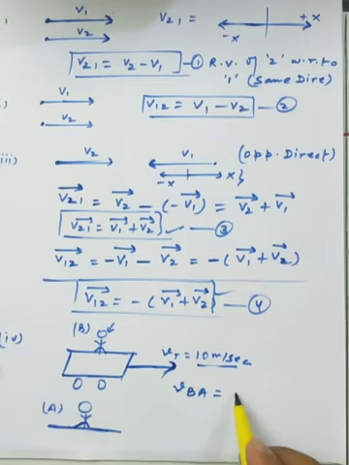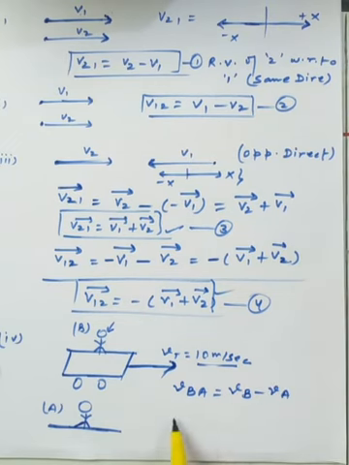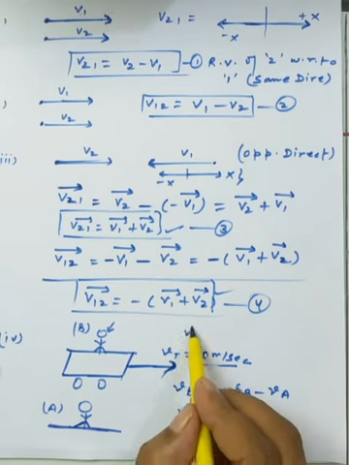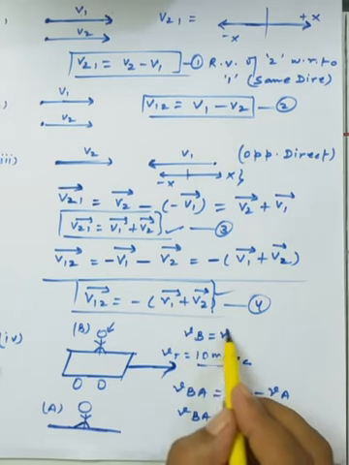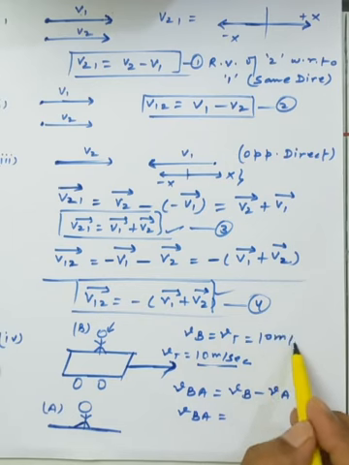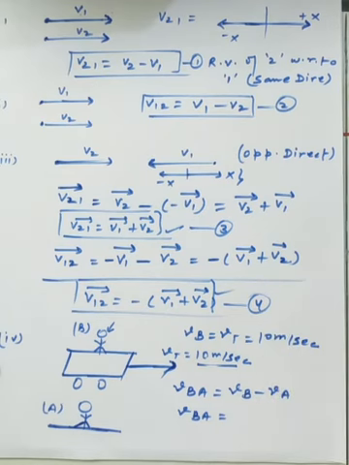Okay, so we have to discuss the basic formula. VB minus VA is the general representation of the problem, and somehow we are just assuming that whatever the velocity of the trolley is, the same velocity of the object B is also there. So the velocity of B is equal to the velocity of the trolley, because it is in the rest situation. Okay, that will be 10 meter per second, and someone is watching B from outside.